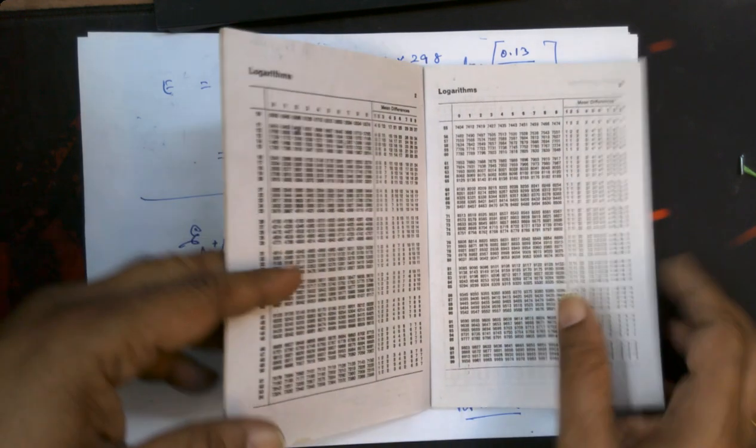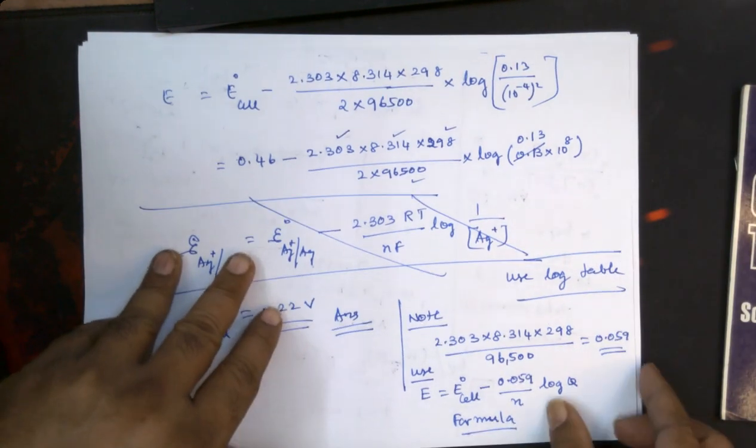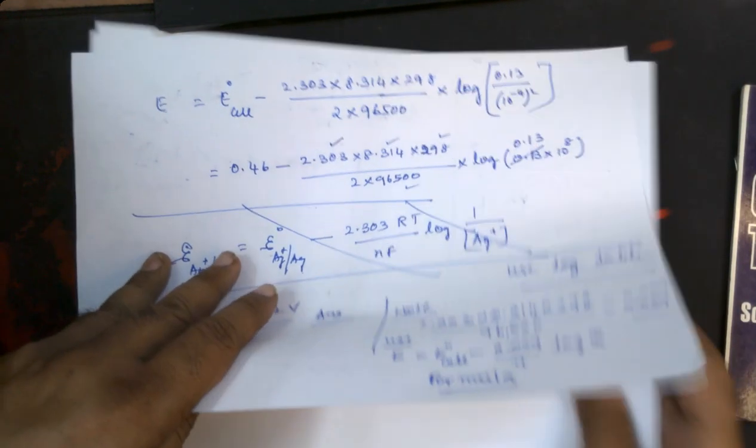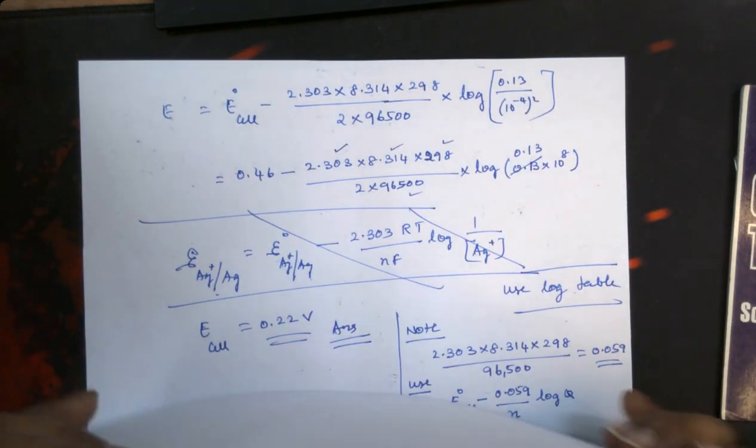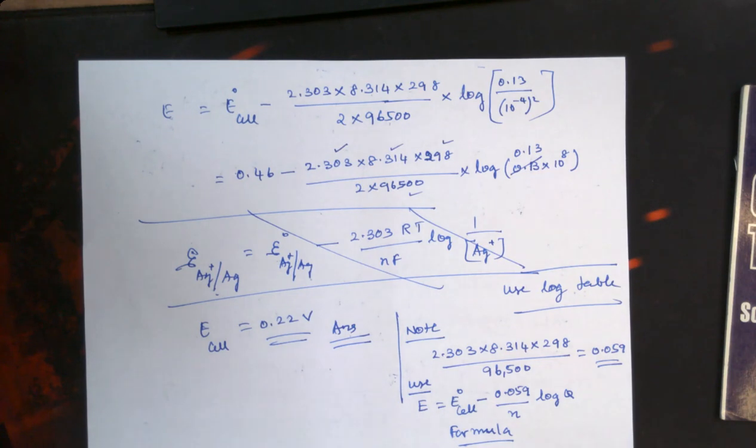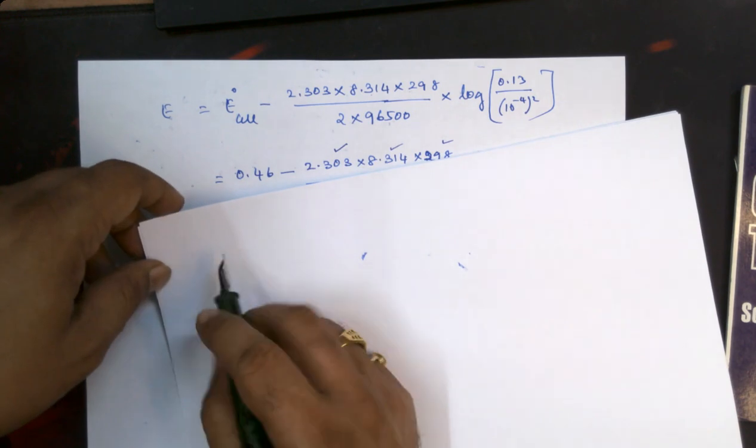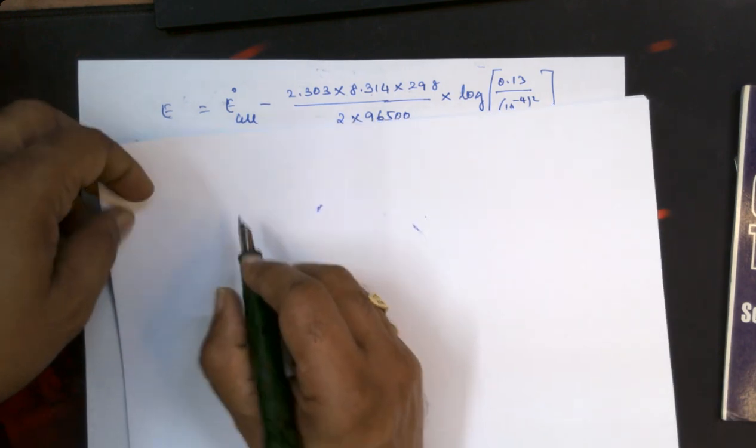Now let us work out the numerical part of it. Take a separate sheet. Now what is the equation? We want to work out this 2.303, is it not? So E is equal to